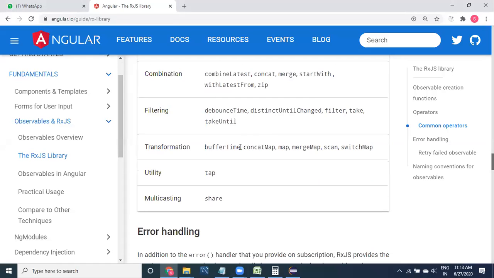The same way we need to work with something like bufferTime, concatMap. We have done with map yesterday. We have taken map, right? Not only yesterday, we have worked with map multiple times. Even while implementing real-time scenarios, we are going to use this map a lot. Why? Because whatever data we receive, we are going to change according to our needs,